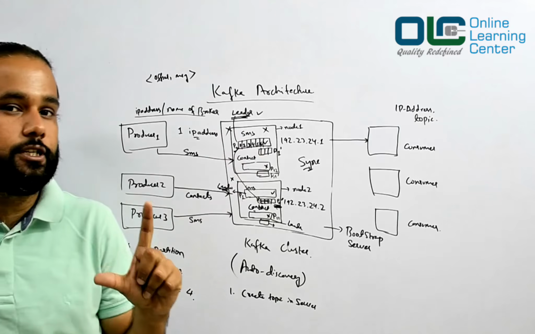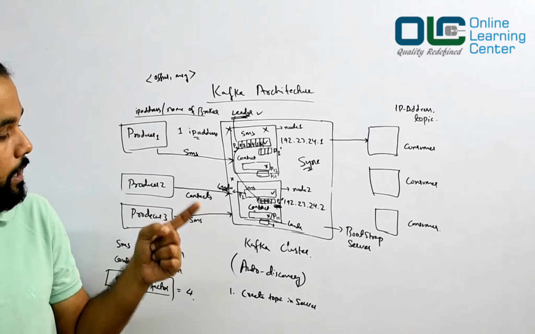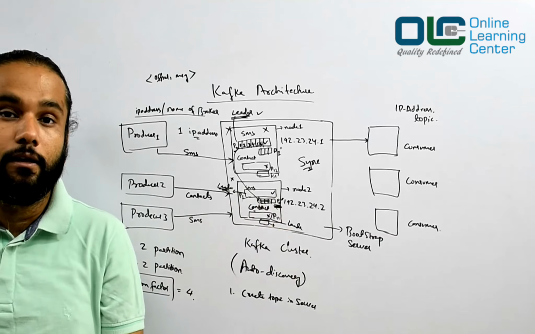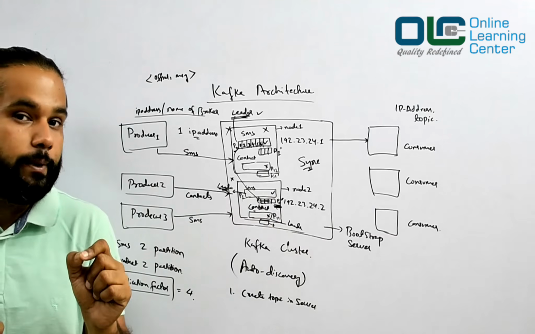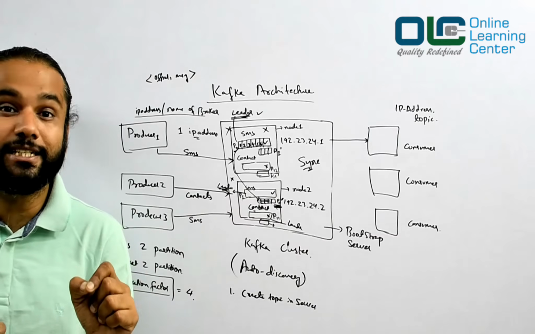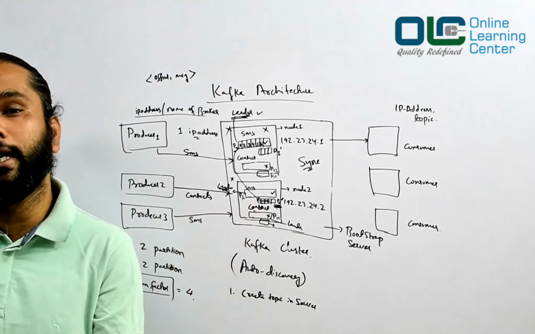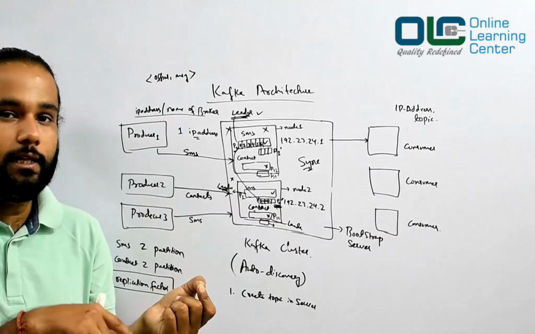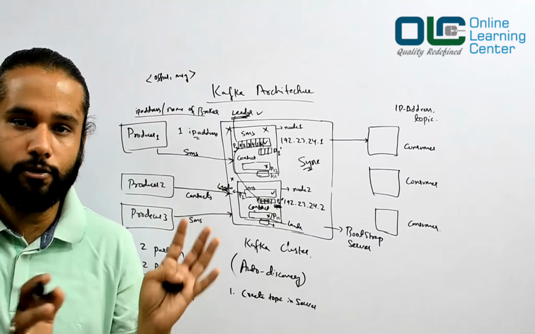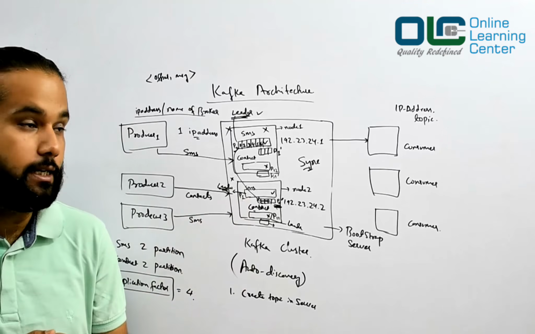Okay, the machine at which we have a leader partition went down. So what will happen? Again, one of these replica partitions would be elected as an interim leader. Interim means temporary. They would be elected as an interim leader, and then they would take care of the entire data processing. The data would come to it, it will store it, and it will again give it to the replicas.